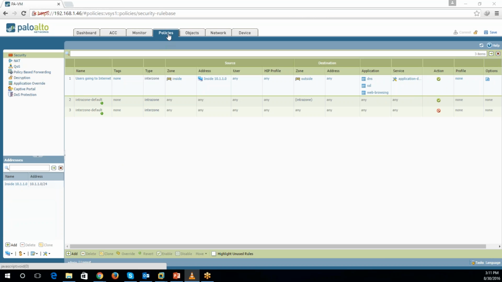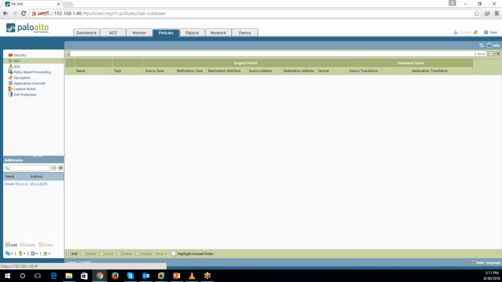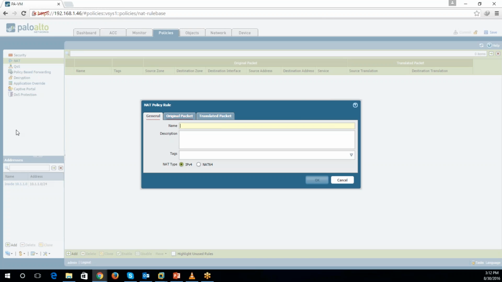Okay, so under the policy, you need to click on NAT, network address translation. Under the network address translation, you can see there are no NAT policies right now. So here we need to create one policy for NAT. Click on add here. Here we need to assign one name to this policy, so we can name it PAT policy